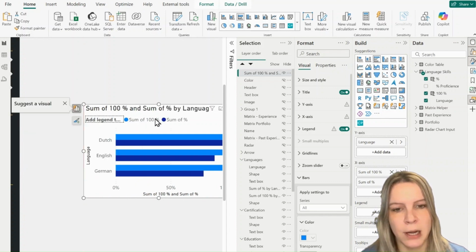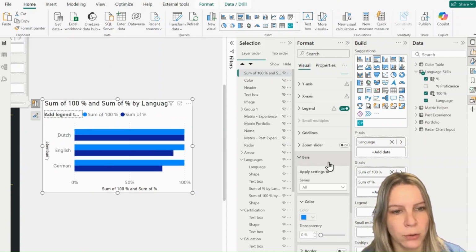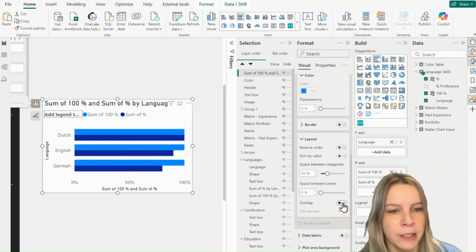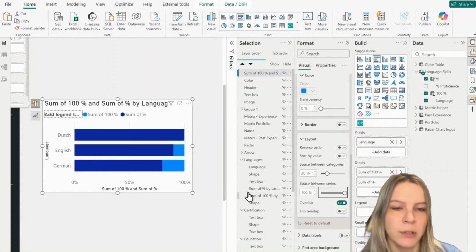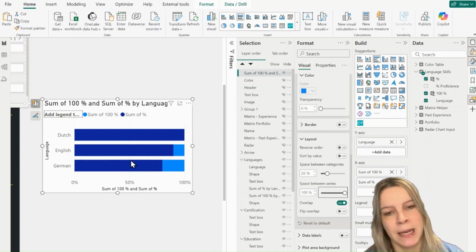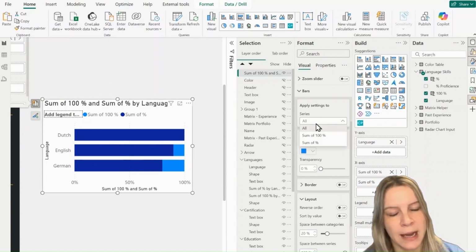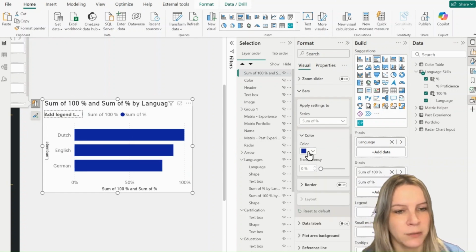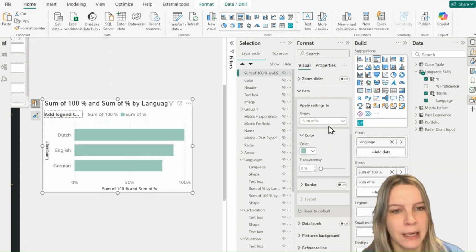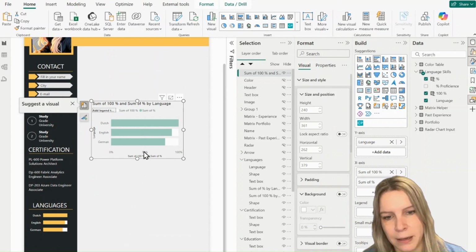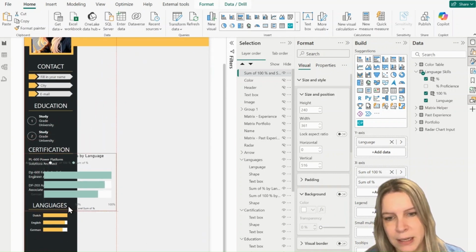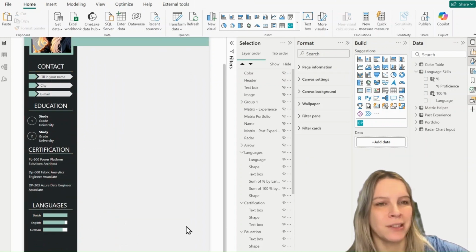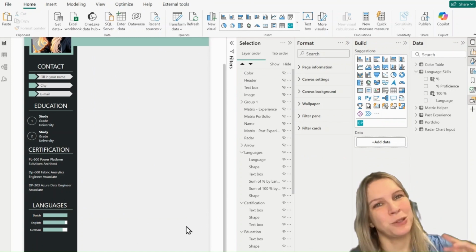Let's make this a little smaller. And what you could do is you could go to the format pane, bars, layout, and then overlap. Space between series like 100, and you see here you have this overlap. And now you could say, I want the 100% to be white, and I want the percentage of the proficiency, for example, green. And if I remove the background now and I put this here, I could get the same effect. So this overlap works fine,